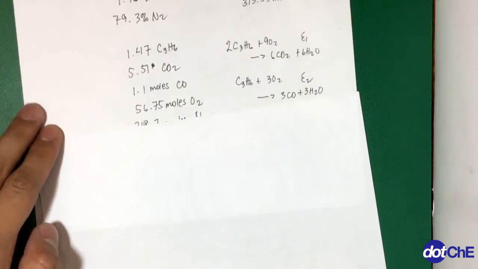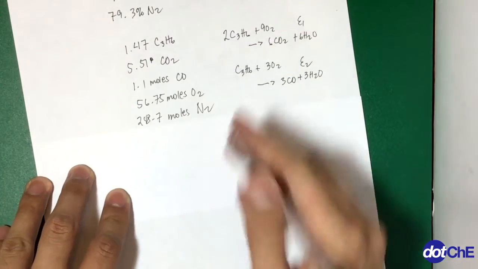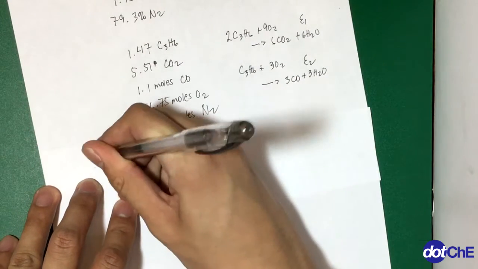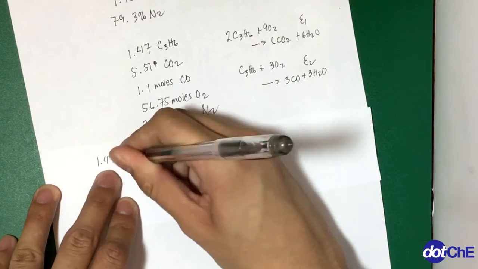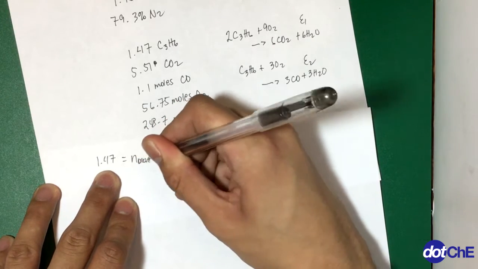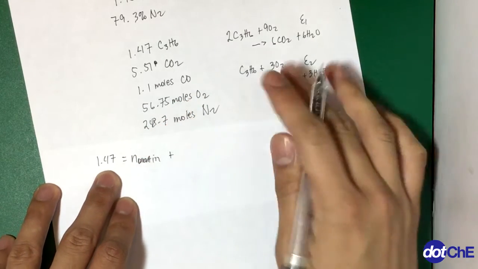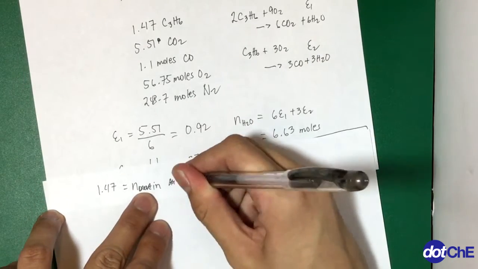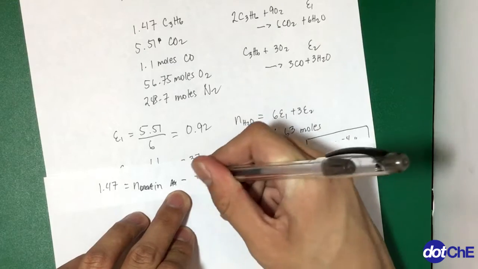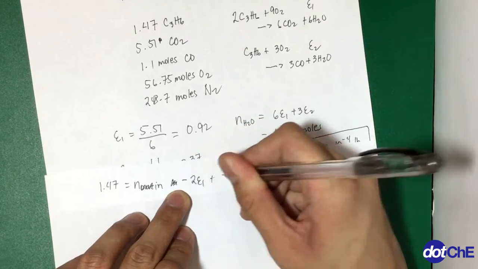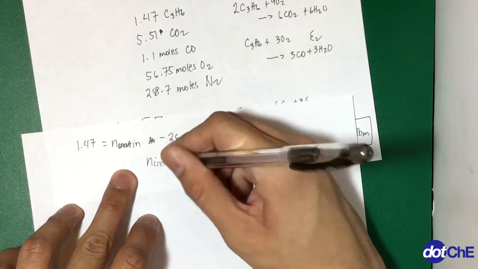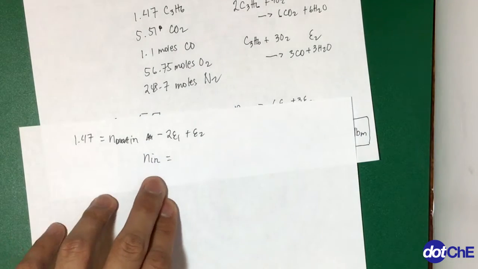So we know that the propene going out has a value of 1.47. So that's 1.47 is equal to the propene out, the propene in, minus, since it's a reactant, 2 E1 plus E2. Thus, our propene in is approximately